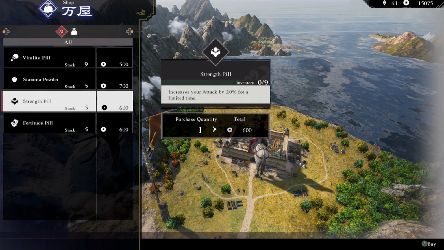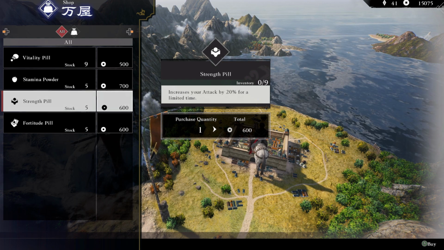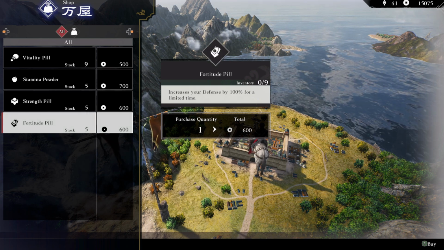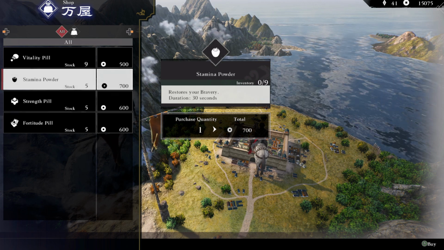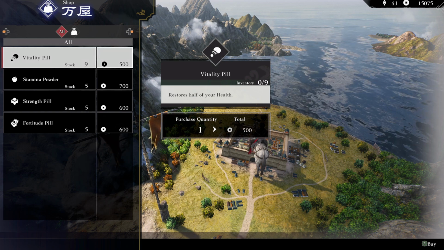Strength pill, increase your attack by 20% for a limited time. I'm not sure how long that time is, but we might get it to find out. Fortitude pill, increase your defense by 100% for a limited time. Those bottom three could be very helpful in coming battles. And the vitality pill,